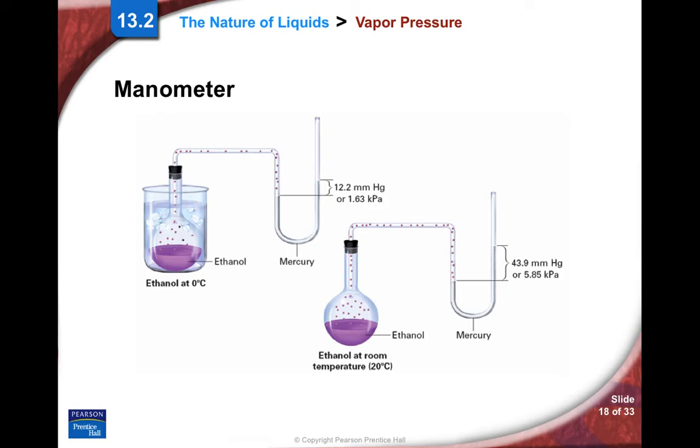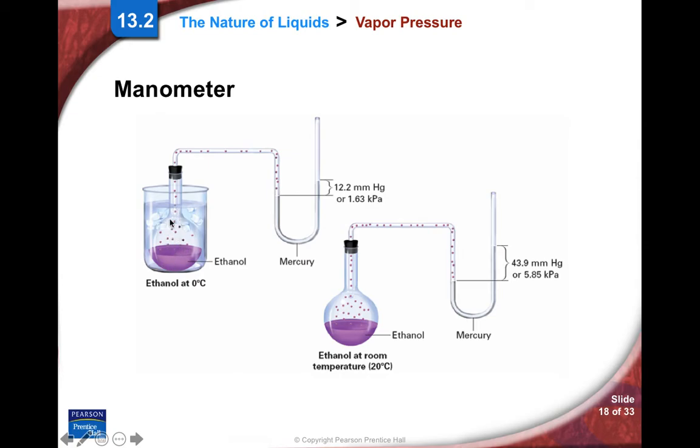Manometers are another way, in addition to a barometer, to measure pressure. And it's a similar idea. This time the mercury is in the U part of this little glass tubing. We used to use this a lot more. Don't tend to